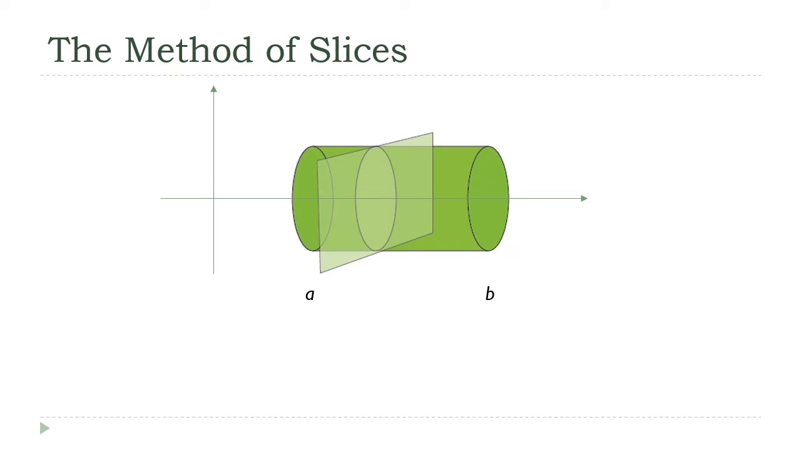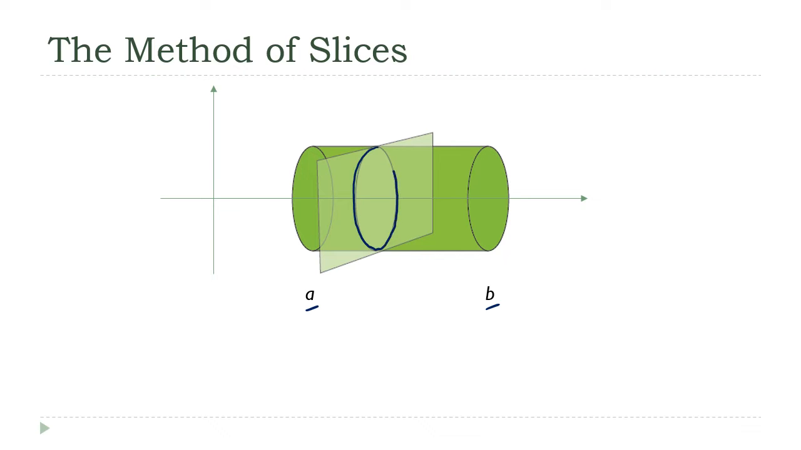Our goal in this section is going to be to find methods for calculating the volumes of various solids. And so suppose we want to find the volume of a solid like this one, and we want to do this from a to b. So what we'll do is we'll start by slicing the figure with a plane perpendicular to its axis. And this is going to give us a region